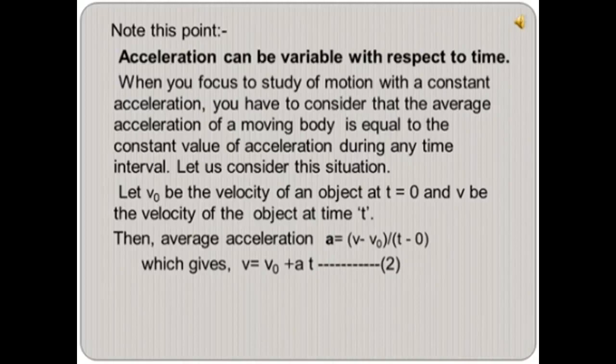Then consider the situation of a moving object whose velocity at time t equal to 0 is v0 and velocity at time t is v. Then what should be its average acceleration? Average acceleration a is equal to final velocity minus initial velocity divided by change in time, which is equal to (v minus v0) divided by (t minus 0), which gives v is equal to v0 plus at, which is